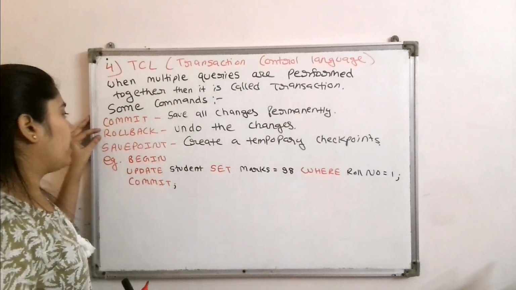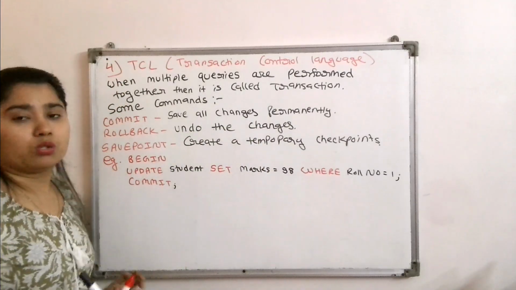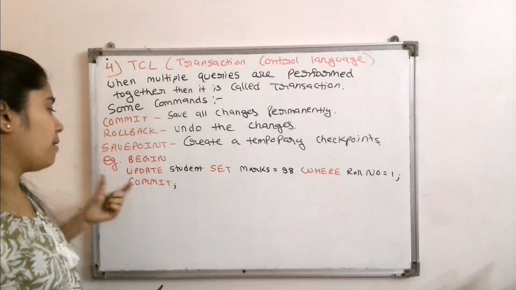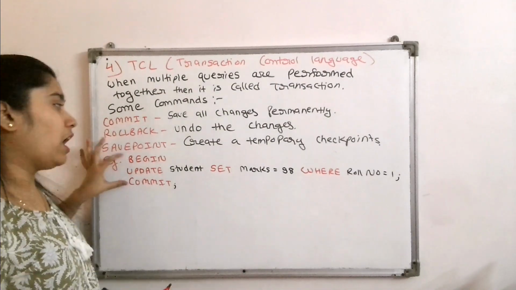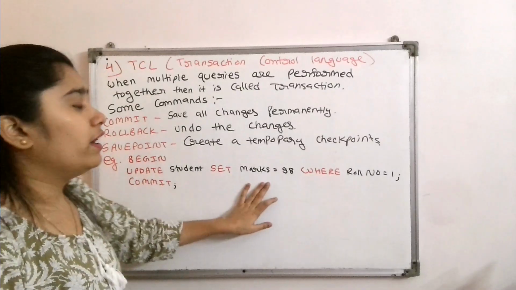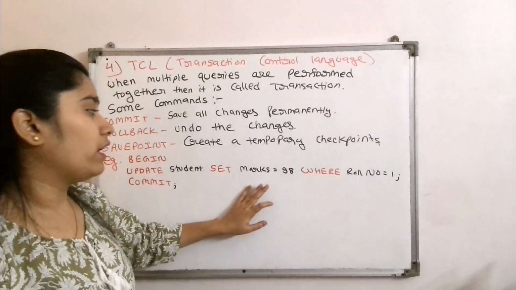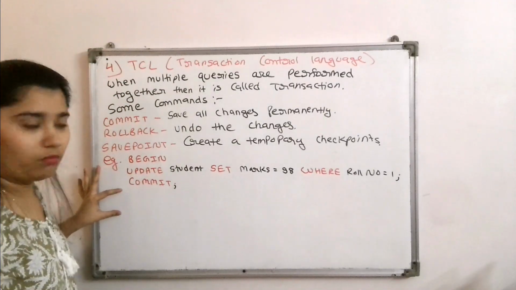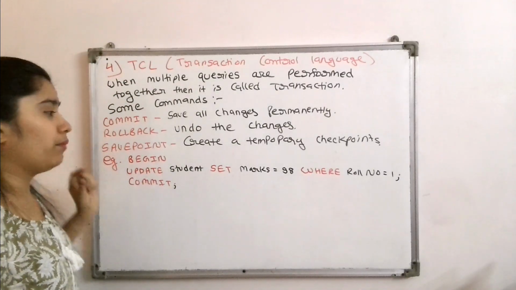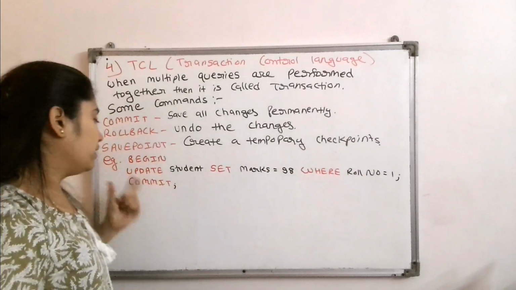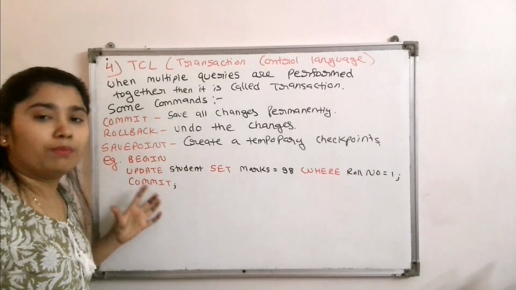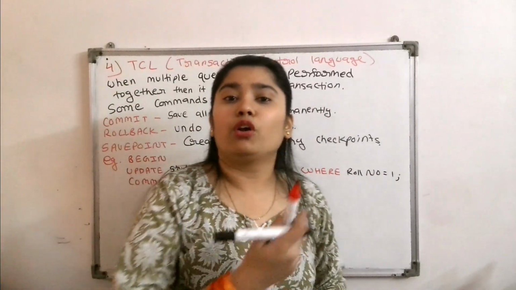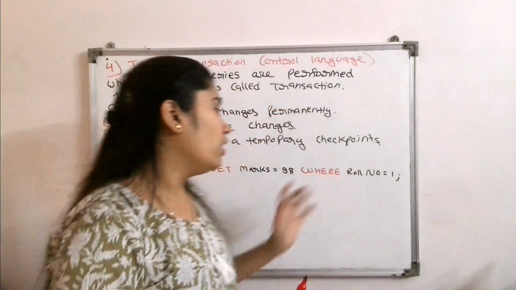Okay. Now if you want to use the rollback command, you can do the same thing. Suppose you have written this, then after that you see that it has gone wrong. So you can undo the changes. You write the same thing again: begin, then the update query as it is. Then, in place of commit, you write rollback. So whatever changes you have made here will be cancelled, or undone.